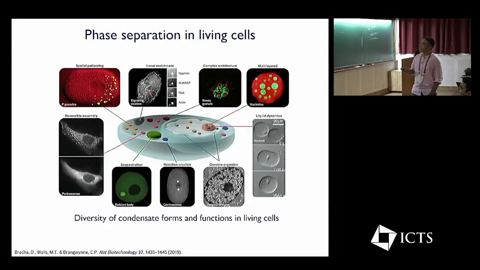And this is another example that has attracted a lot of attention in recent years. How do these protein condensates form within cells? These protein condensates have very important functions without which the cell cannot function properly. So there has been a lot of focus on these membraneless organelles. How do they form? And once again, one of the pictures that has been painted here is that it occurs due to phase separation. These are some of the examples where we see phase separation playing a dominant role.